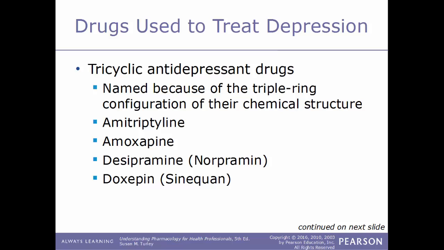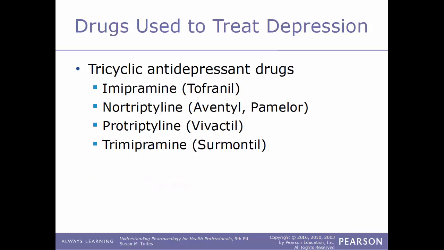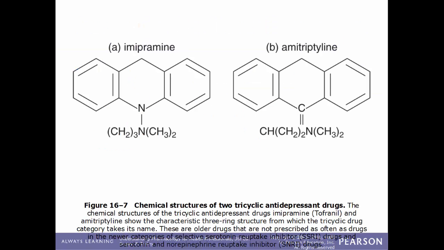the trade name Norpramin, doxepin, also known by its trade name Sinequan, imipramine, known by the name Tofranil, nortriptyline, known by its trade names Aventyl and Pamelor, protriptyline, known by its trade name Vivactil, trimipramine, also known by its trade name Surmontil. In this image, we have the chemical structures of two tricyclic antidepressant drugs, imipramine here on the left